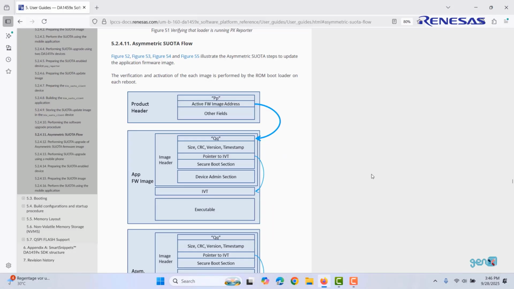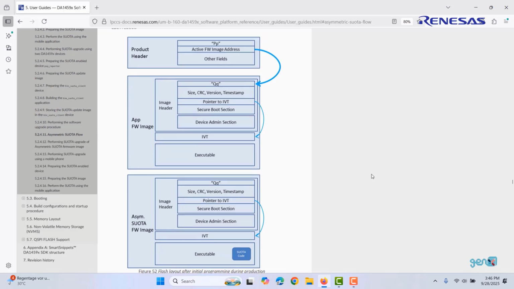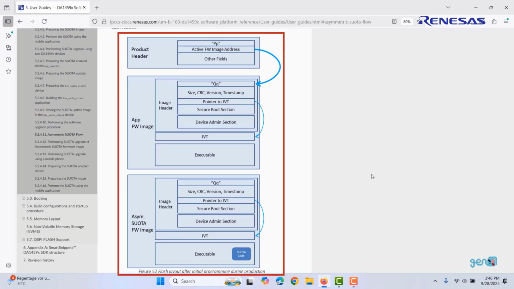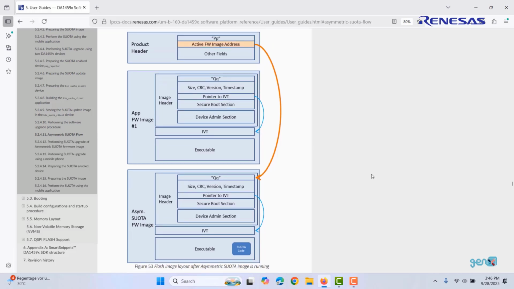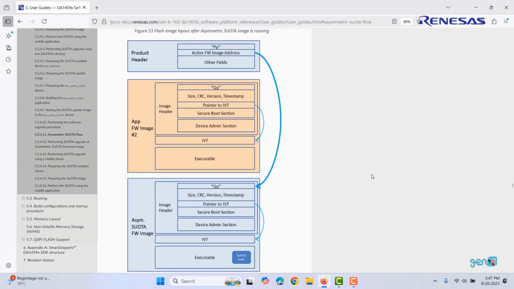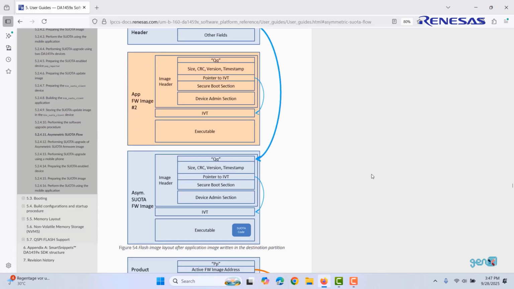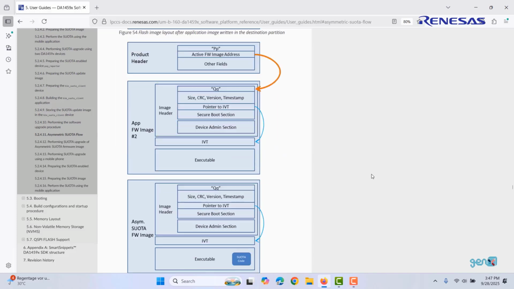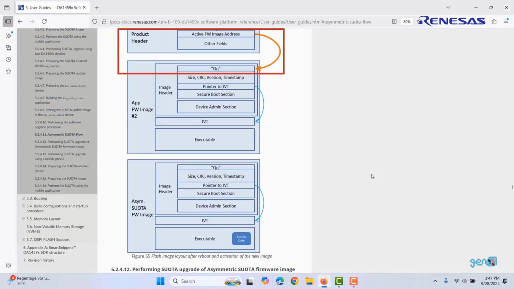Now let's visualize the asymmetric SUOTA flow. After the production, this is the first image. Then the asymmetric SUOTA image becomes the active image. Then the application image gets written to the partition. Once this image gets written completely, the device reboots and the active image address gets updated to this image bank. The size of image banks in the flash layout would be updated by the application we will use, that would